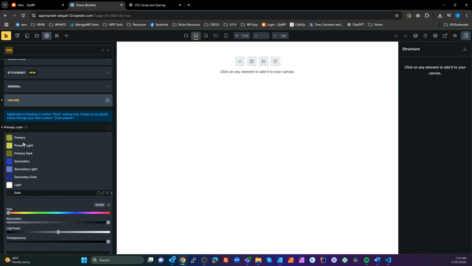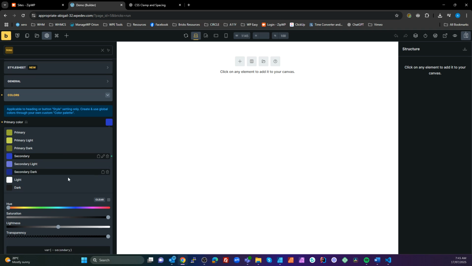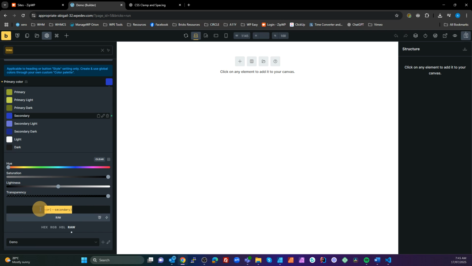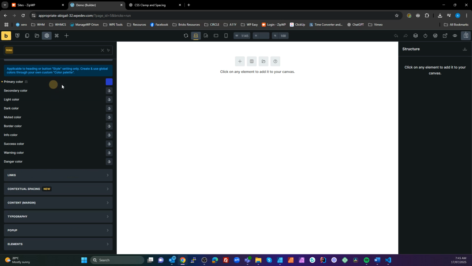All right, so we've got some named colors now, and if you look at any of these, for example the secondary, I look at my raw, it goes to a named variable that we created with ChatGPT and put into the variable manager, and we can go to our CSS and use this now. First of all, I'm going to put these colors on all of these defaults in Bricks,